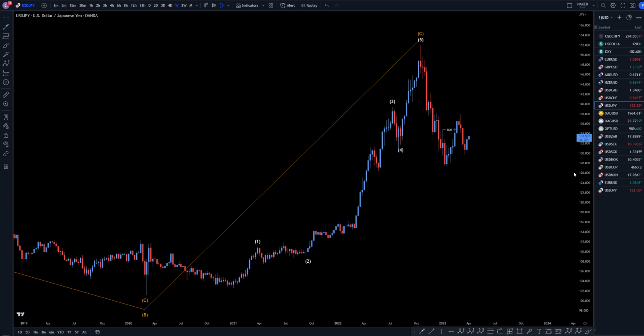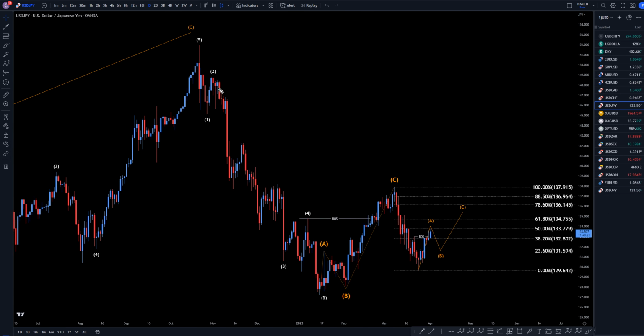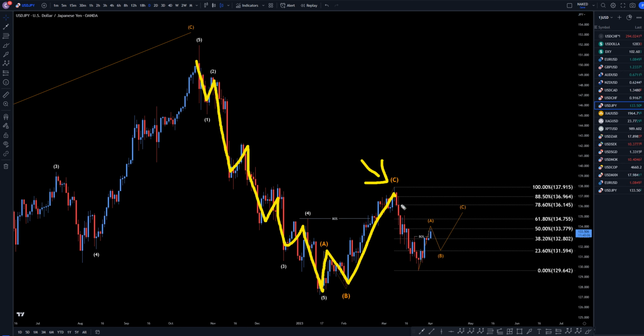So let's take it down to the daily time frame, take a closer look at that. On the daily, I had this marked as a 1, 2, 3, 4, 5, but in reality, it's really like an 11 wave downtrend, if not more. I think this is impulsive up wave A, corrective down wave B, and impulsive up wave C. I think that's the end of a correction, and that means that it will most likely hold this high,